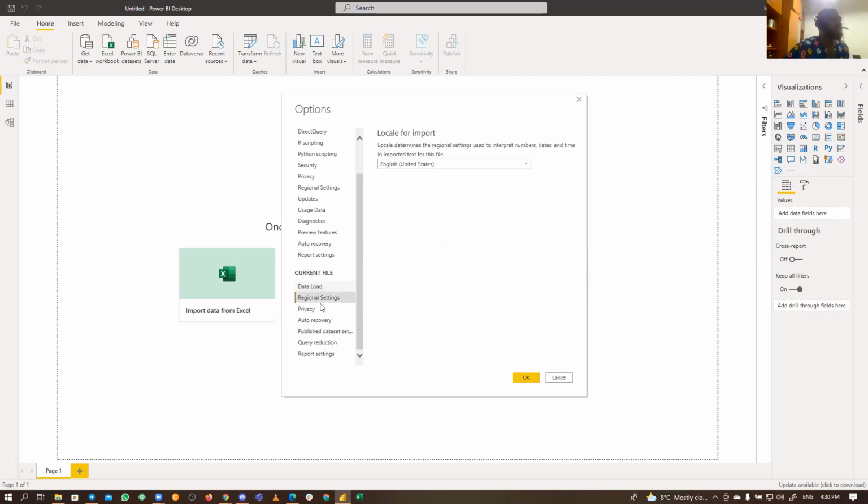The second thing is regional settings. This is very, very important. When you start working with a lot of data, getting data from different sources, it's important to always confirm the source of the data and come and change the settings. For instance, say I'm in Poland right now. If they want to write two naira, let me say $2.50 now, in the US you probably write 2.50, right? In Poland, they will write 2,50.